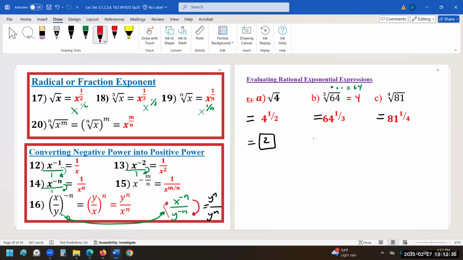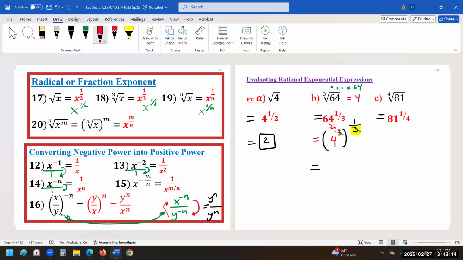Or you can actually work this out. You rewrite your base by leaving your exponent alone. We need to write the base in terms of the denominator, because that's the root. And we know 64 is 4 multiplying itself 3 times, the 4 cubed. So you can write 64 as 4 cubed, leaving 1/3 alone. And then something cool happens. The 3 power and the 3 denominator, they cancel out.